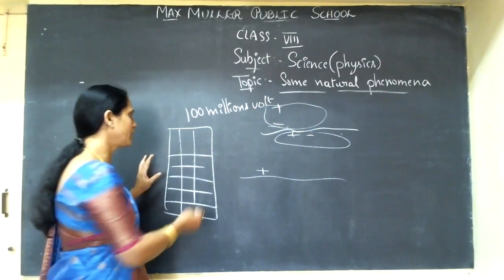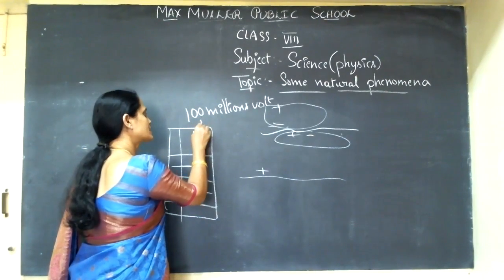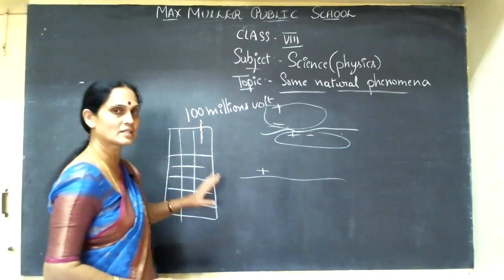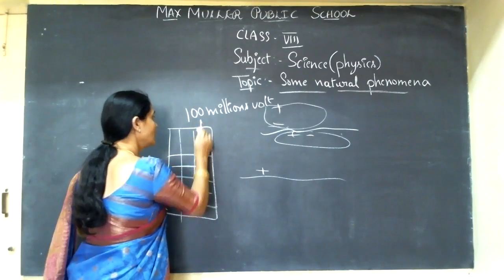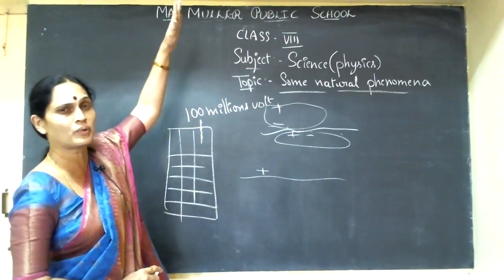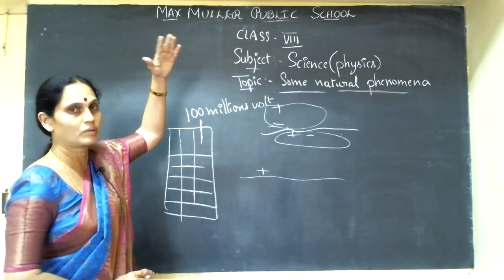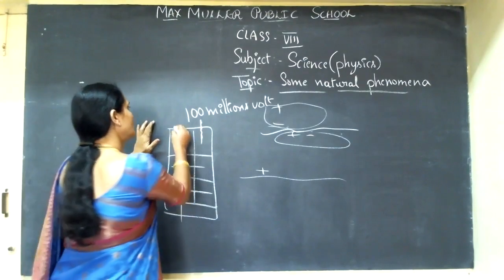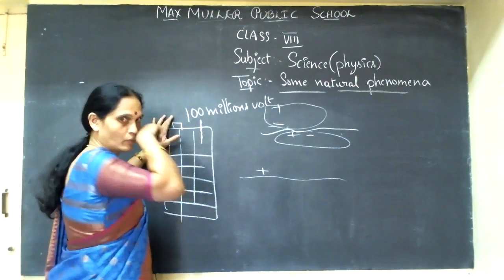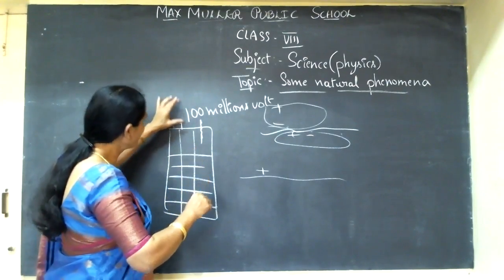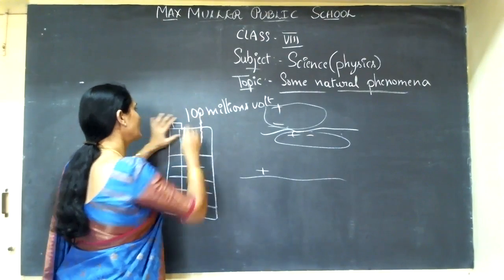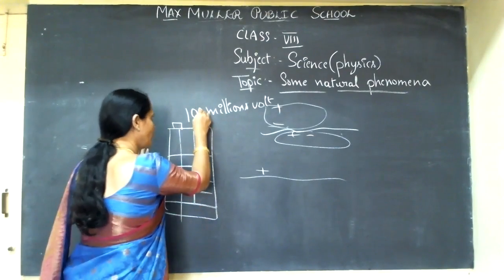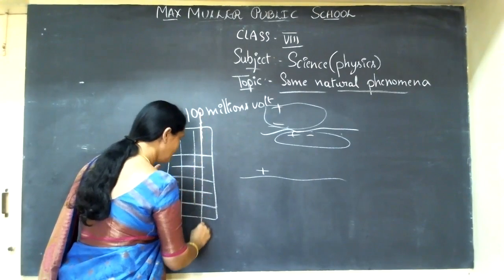So to avoid this, what they do is fix an iron rod during the construction itself. It will be the tallest point, at the topmost roof. If it is a very big, tall building, there will be a water tank, the overhead tank; the rod will be higher than that. A long rod will be fixed from there till the earth.